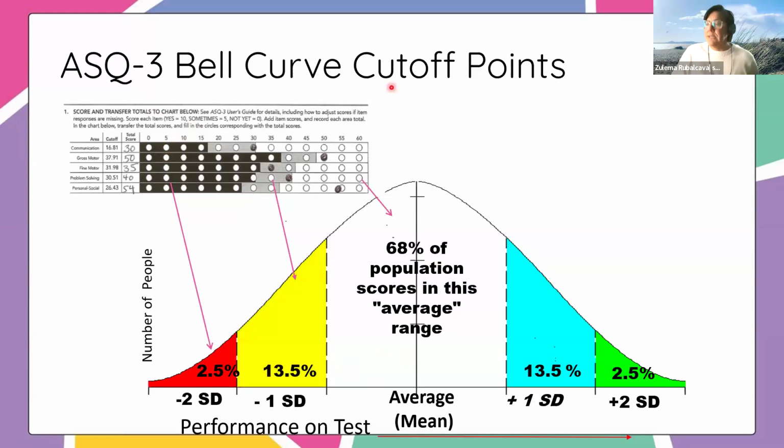Okay, so this is a very traditional bell curve. Some of you might recognize it from other types of assessments, right? Most of a population will fall within this average range, right? You'll have a small percentage that is maybe above average, and then maybe an even smaller percentage that is way above average. This questionnaire is not for these kiddos, right? This questionnaire is for these kiddos, right? So on the other side, you'll have a small percentage of kiddos that are a little bit below average, right? One standard deviation. And then you'll have a smaller percentage, the kiddos that are way below average, right?